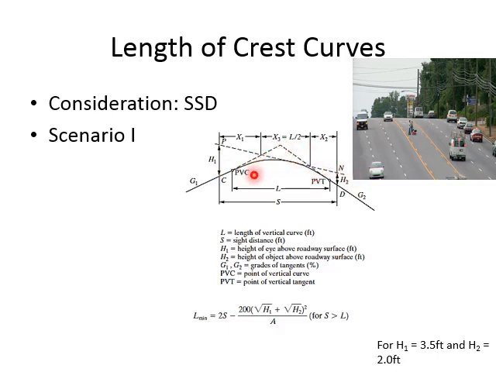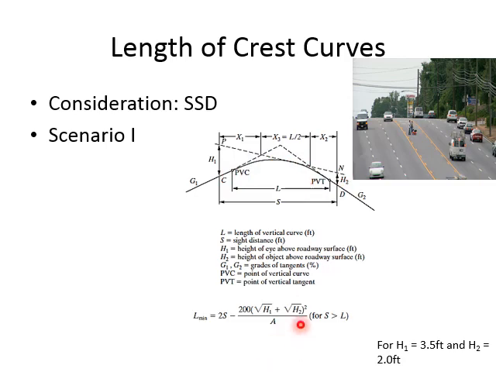Okay, so line of sight is restricted on vertical curves. Now there can be two scenarios. The first scenario is that the required sight distance is less than the length of the curve. So in order to stop, if I'm at this point, I can stop before I cross the whole curve. In that case, that is a different scenario, and we will use different equations.